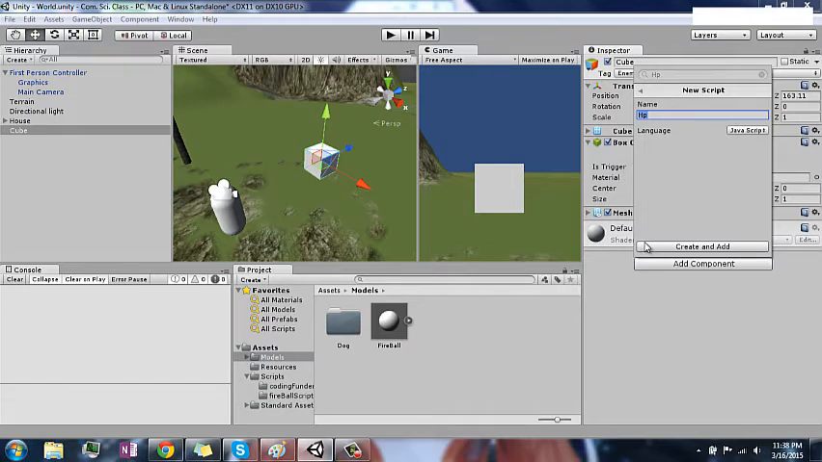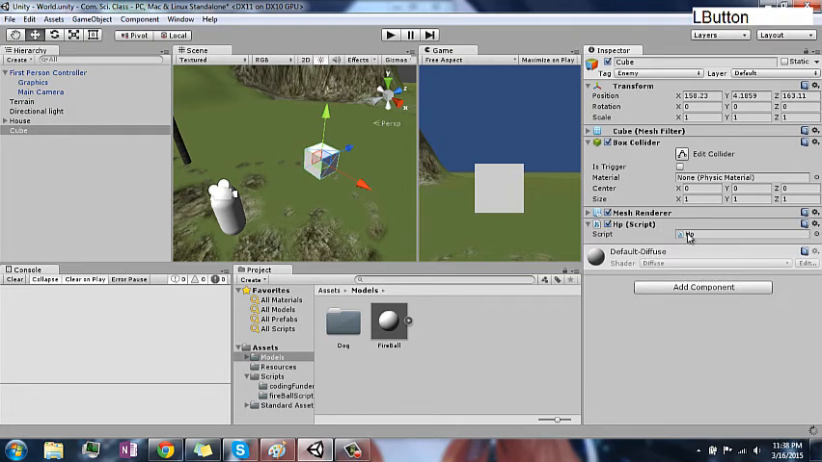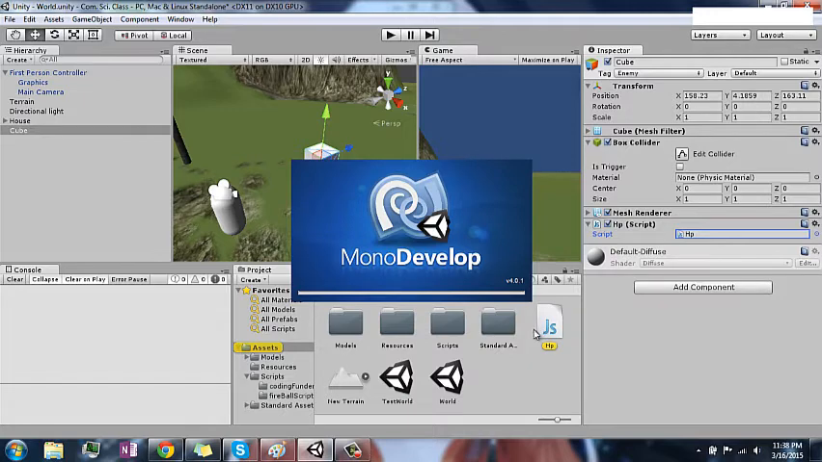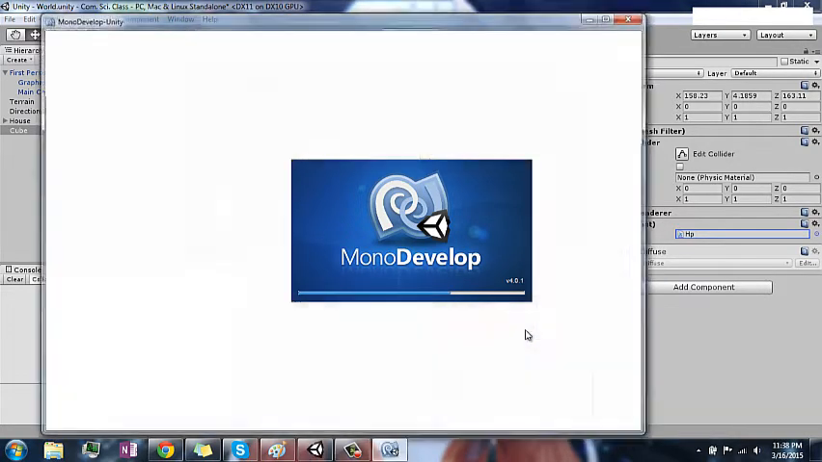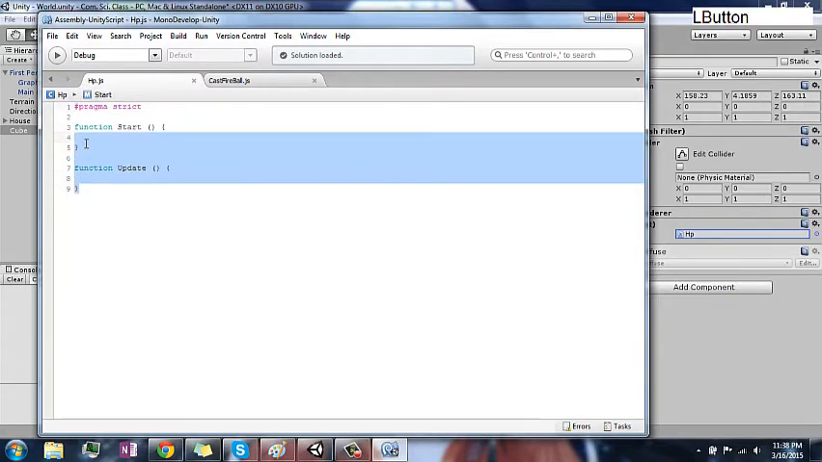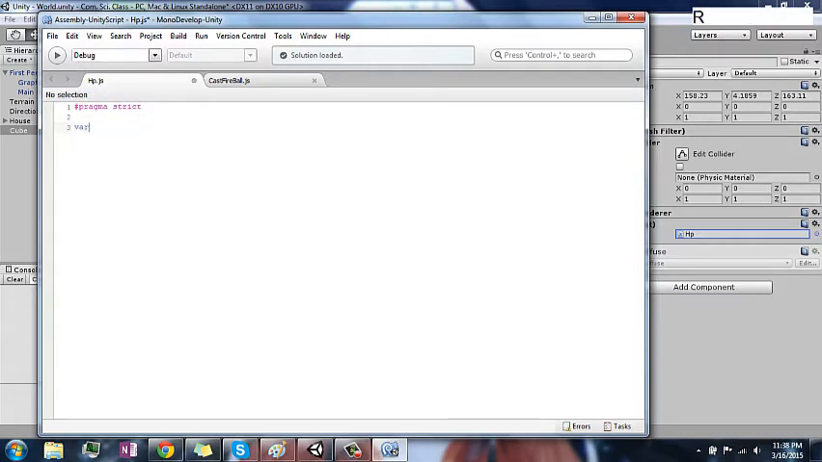So I'm going to create a quick HP script on the cube, and it's going to be a very simple script. All that it's going to do is give an amount of HP to our cube, or enemy in this case. So variable, and we'll call it HP, and we're going to save it as a float type, and we're going to set it to, we'll say 15, and then in function update